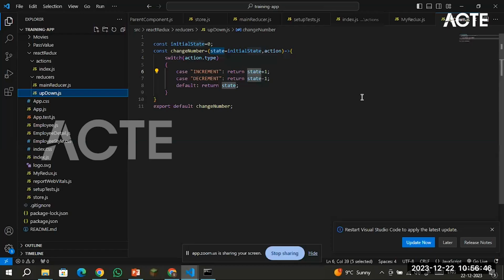In this form I have a text box for the employee name. Whenever I enter the name in this text box, I want to save that value in my